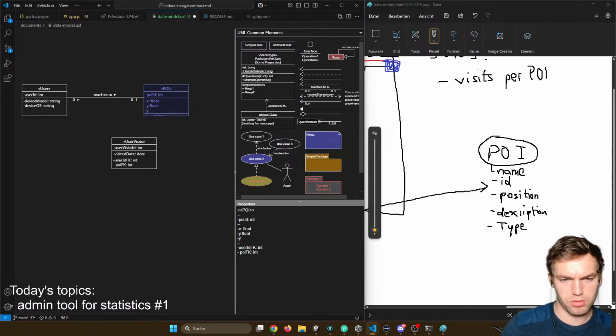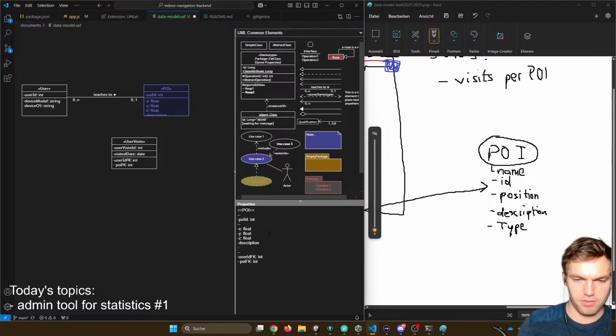To be precise, just do it like this. Or we just have one string, and if you just do it like this, let's just do it like